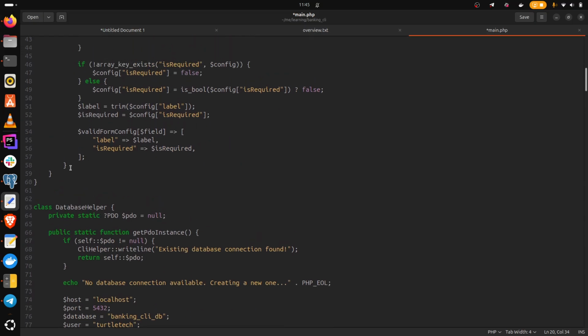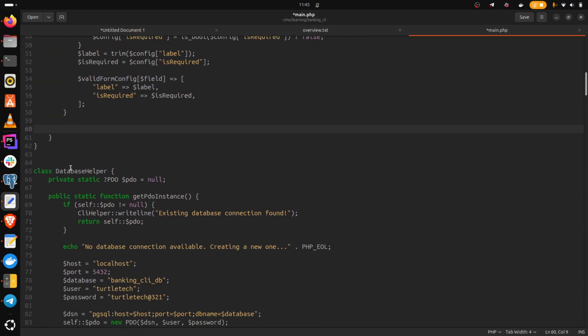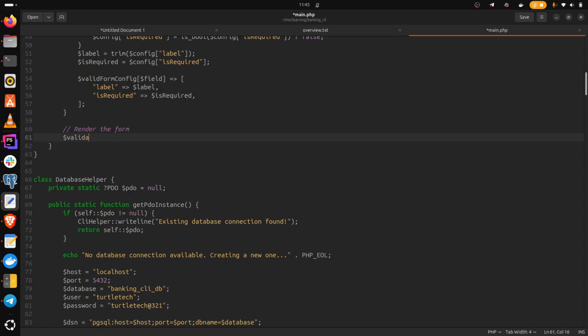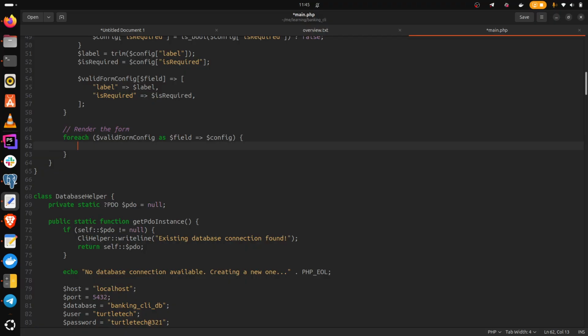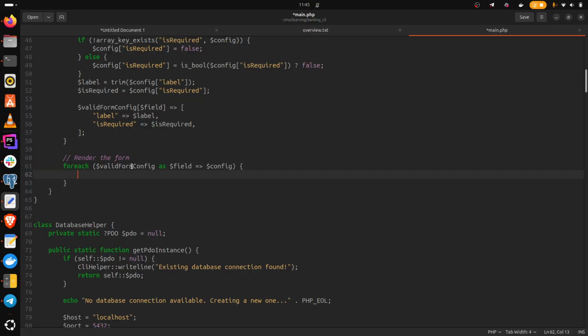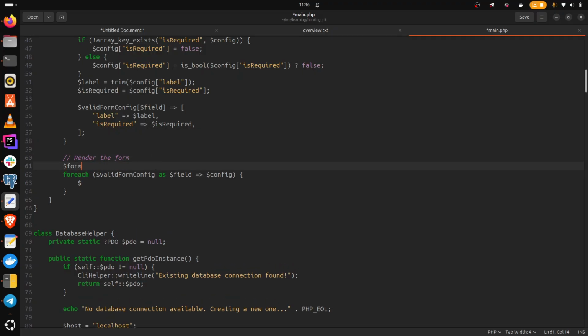Right. So from here we could focus on rendering the form. So render the form. So that would be for each valid form config as field config, and then we'll have, so we'll just do, here, we'll have form data. So this is where we'll store the data we got from the form. I'll say form data